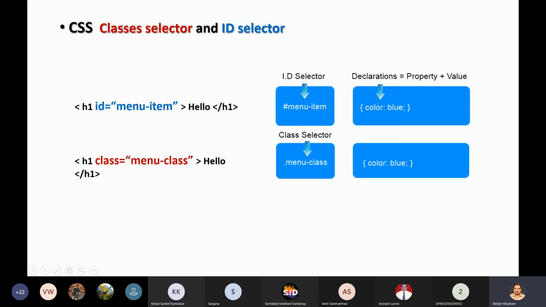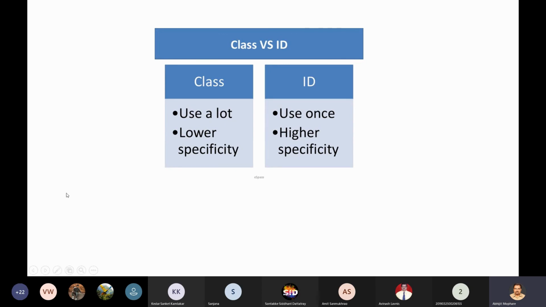Just like this. These classes and IDs are defined inside the opening tag of the HTML element. Here H1 is the HTML element, and within this opening tag you have defined this ID. Within this opening tag of the header H1, you have defined this class. Whatever style you apply for this class inside the CSS document, that CSS property will get applied over this H1 element and any other element which has this class applied. In all the next sessions we will be using this, so you will become very familiar with how it behaves. No issues about that.